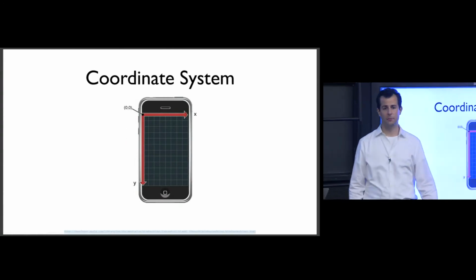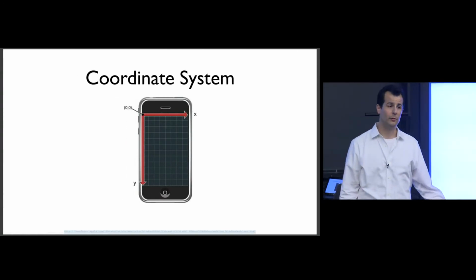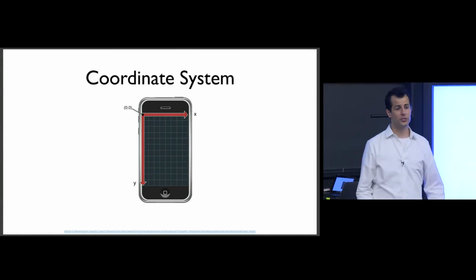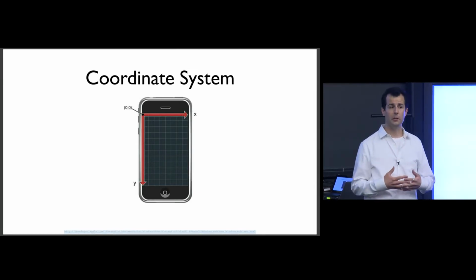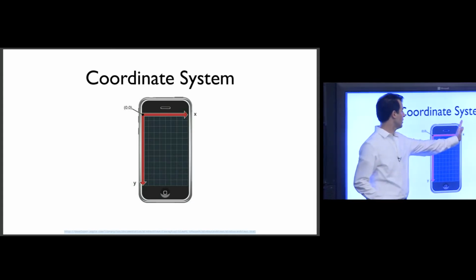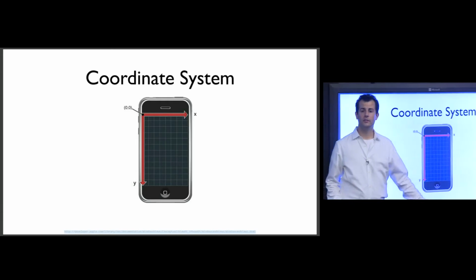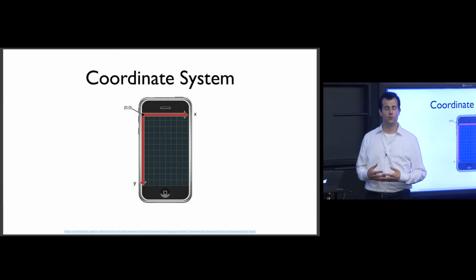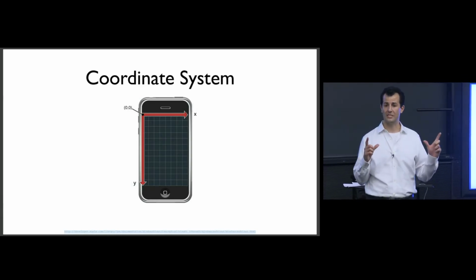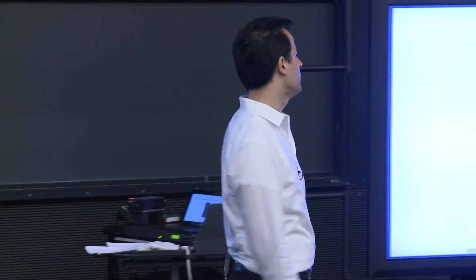This coordinate system here. I looked for a newer image, but even Apple's documentation uses the iPhone 3 for this example. But it's really just to paint a picture of the coordinate system in iOS, which is this plane where we have x coordinates on the right, y coordinates on the vertical. The takeaway here is that the coordinate system begins in the top left-hand corner. So 10, 10 means 10 over and 10 down, not the opposite,